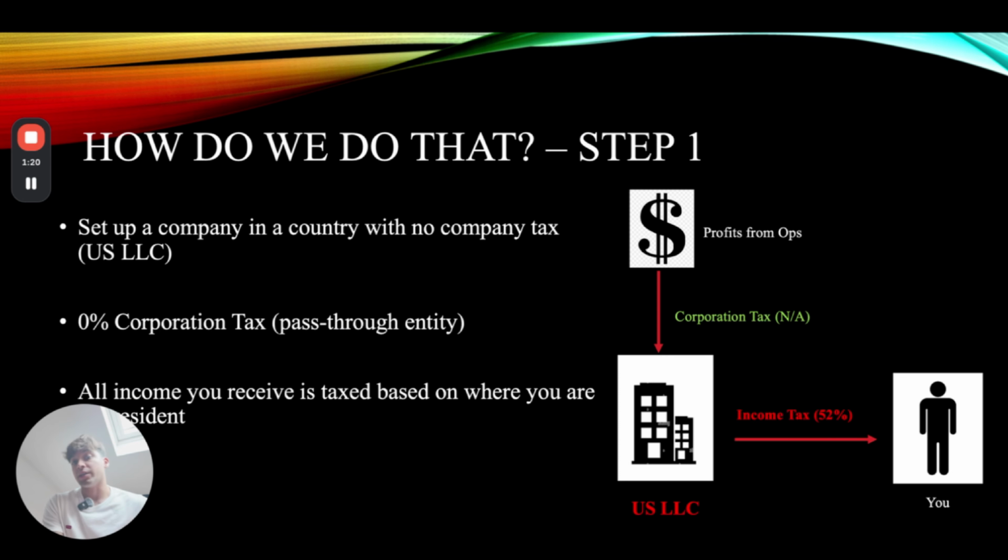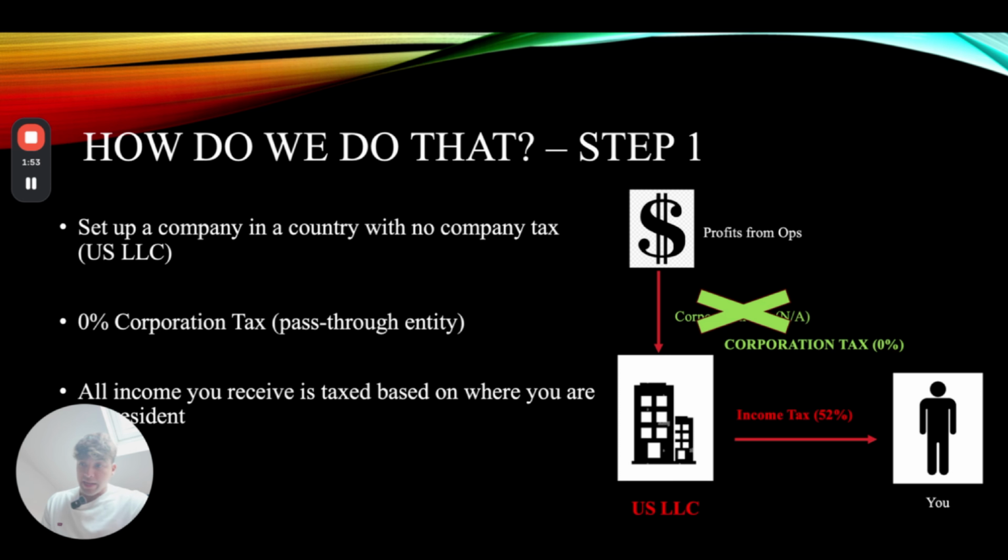and then when he wants to take out money, he has to pay income tax personally. So this US company instead, they go like, okay, we don't tax you on a corporate level, all the profits just flow straight down to you, and then you pay tax based on where you're a tax resident. So this corporation tax basically goes to zero. You've got limitation of liability, provided you don't use your company for personal expenses. I'm watching you, I know some of you do that. And it pays no corporation tax. All income you received is taxed based on where you're a tax resident.